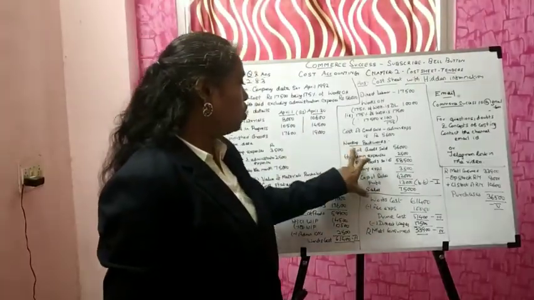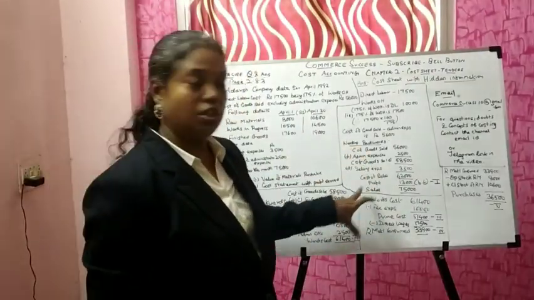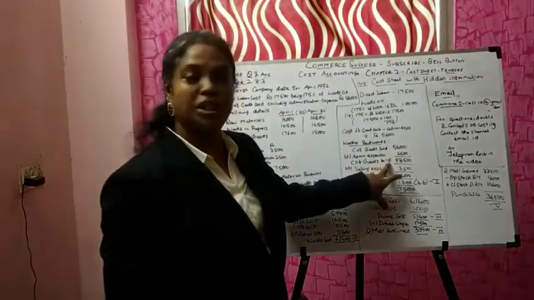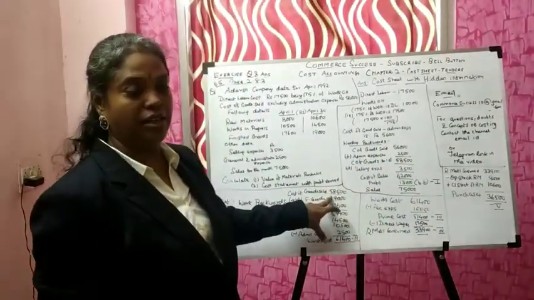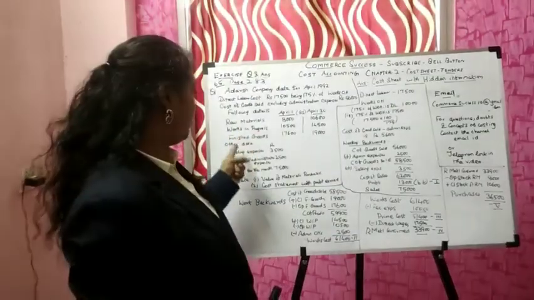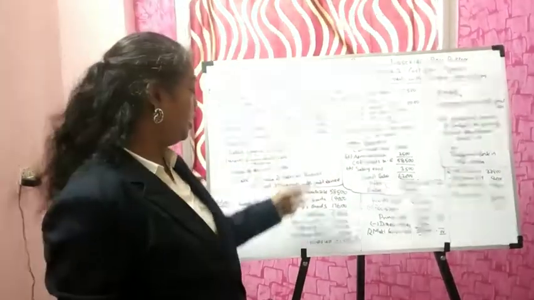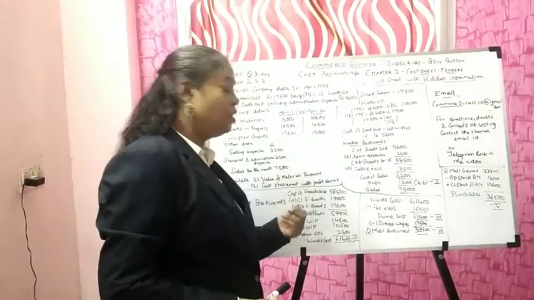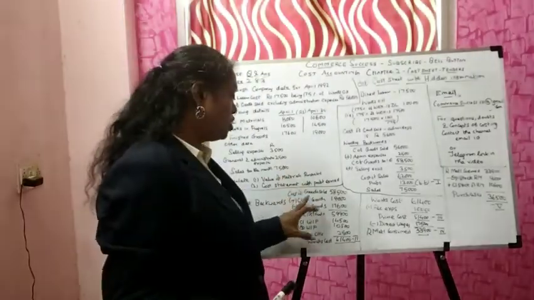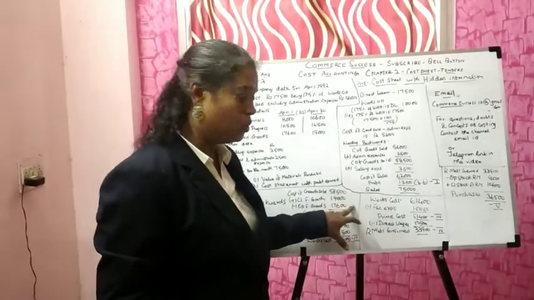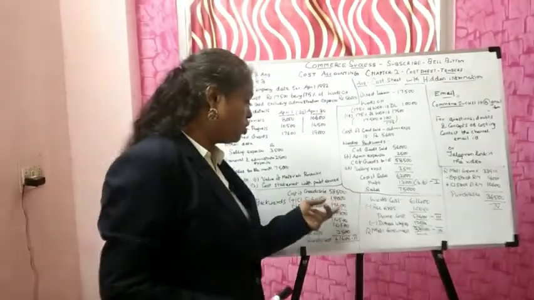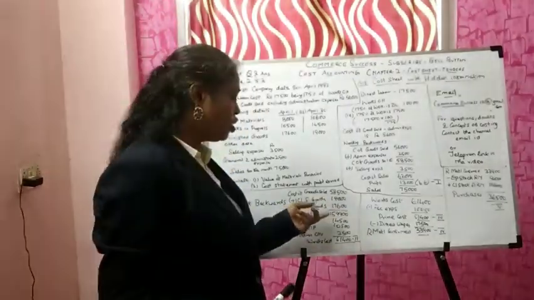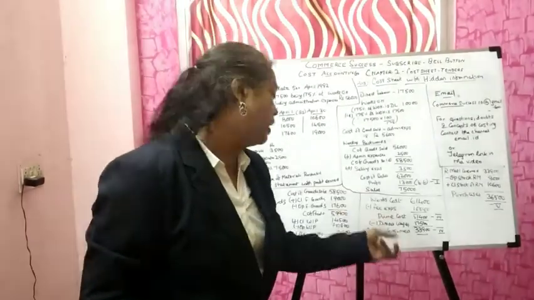Now you are starting with cost of goods sold, which is 58,500. Closing finished goods is given, which is 19,000. See, you are working backwards, so you are adding the closing and minusing the opening. So add closing stock of finished goods 19,000 minus the opening finished goods 17,600. You get a cost of production of 59,900.